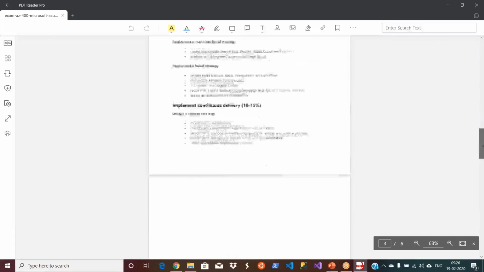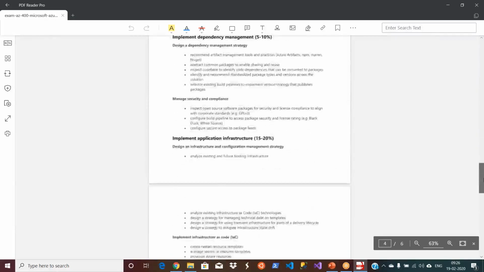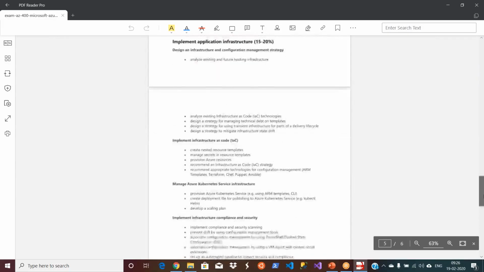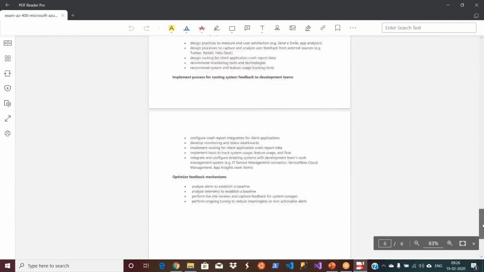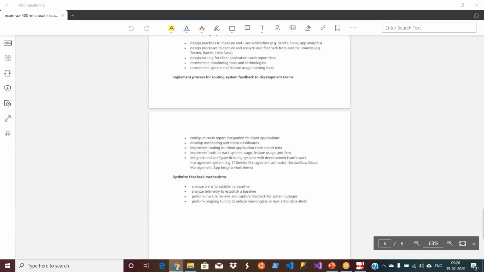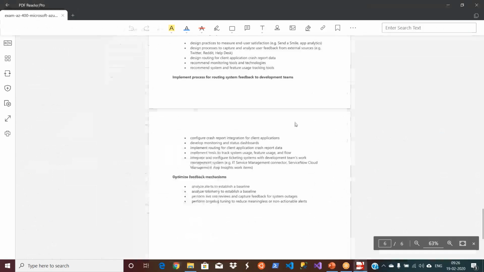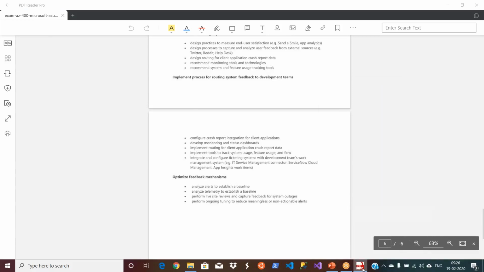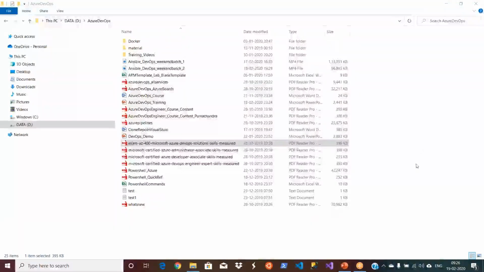But see, any certification test is all about remembering things, not about practice. Organizations mainly look for certifications. If you're certified, your resume will be selected first, but they don't know whether you will really do it or have practical experience or not. These are all open secrets that we should not talk about.